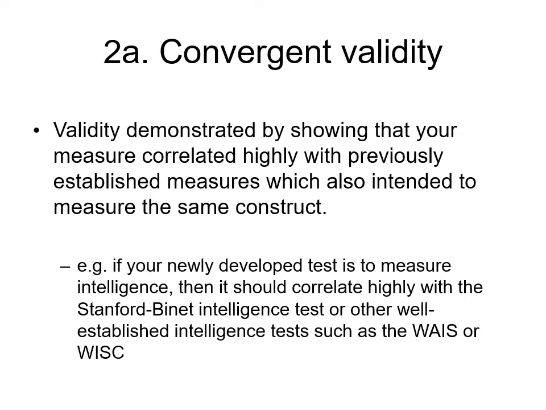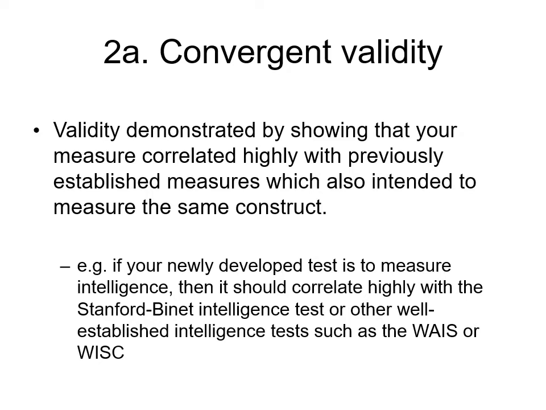So if you are developing a test to measure intelligence, it should correlate highly with the Stanford-Binet, which is an intelligence test, or other well-established intelligence tests such as the WAIS or the WISC. If your measurement is aimed to measure the same construct as previously well-established measurements,